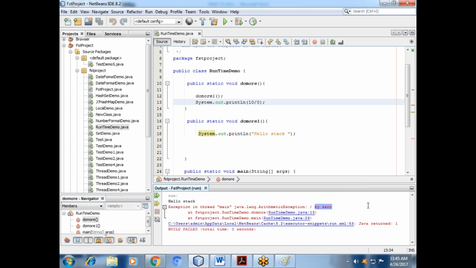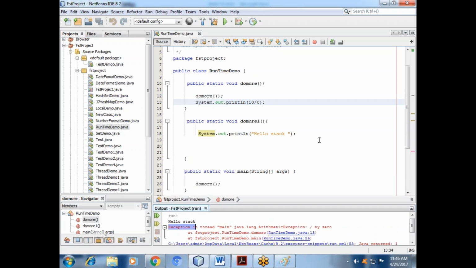So is it required for the developer? First, the error exception came in the doMore method, second line. So you can write this program, and you can also write the error, and in brackets the exception name, in brackets the description, and the remaining there will be the stack trace. You can write that. That's better for you to understand.